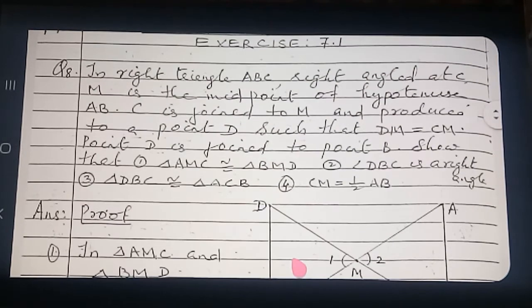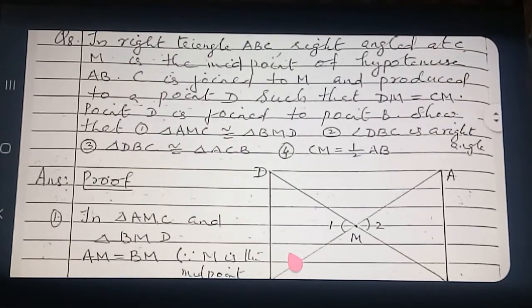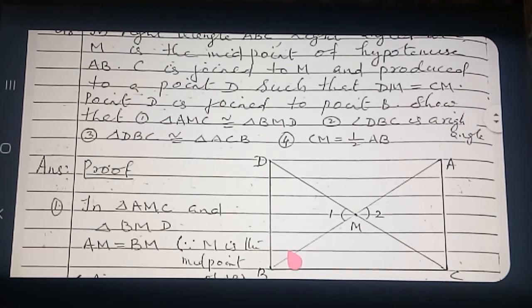Now you see the diagram. What is written in the diagram and what is the question, you can see both together. All of you take your textbook also, so that you can read the question from the textbook. In a right angled triangle ABC, right angle at the point C. Right angle at the point C means this C is 90 degrees. Understood that point? The meaning is that this point which I pointed, that angle is a right angle. That means angle ACB is a right angle. Okay, properly make it clear.